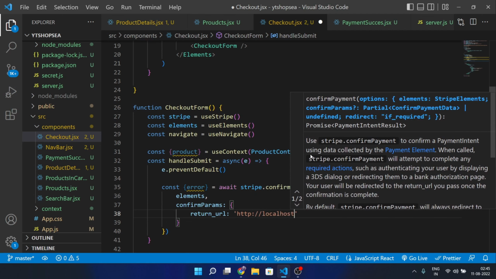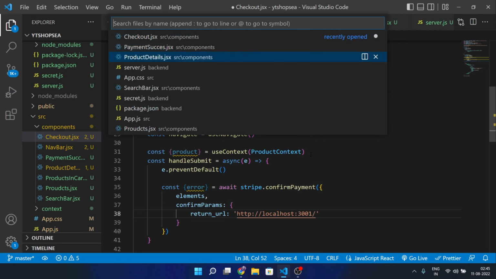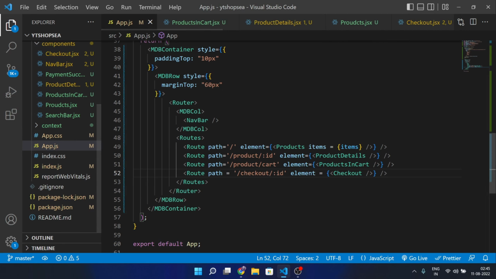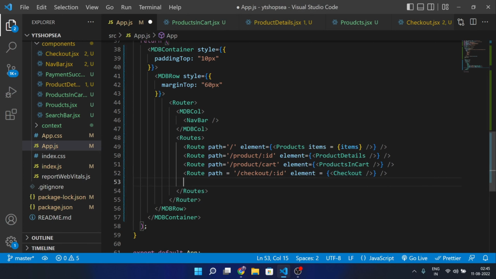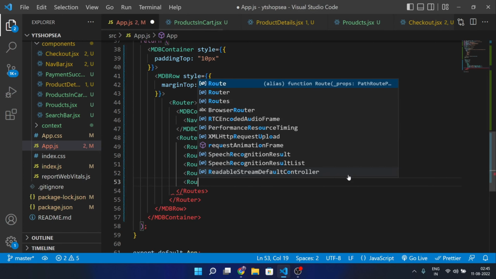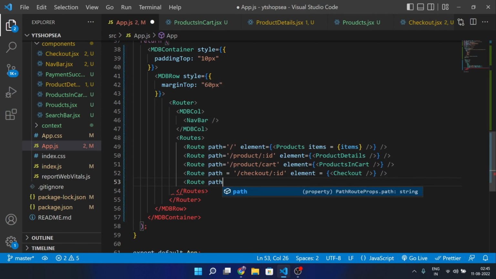Here you can simply redirect the user. So here we will simply redirect the user to the success page. So let's check the route name of the success page here now. So here we have this checkout page, or here we have this payment success page. So for the payment success page, we will just create a route and path of this payment success,